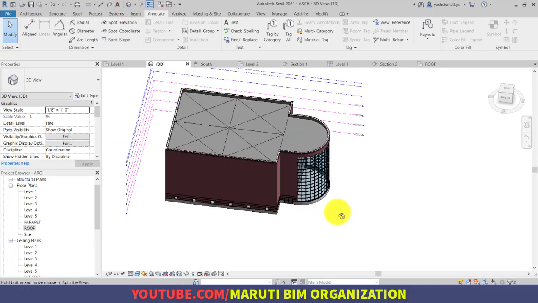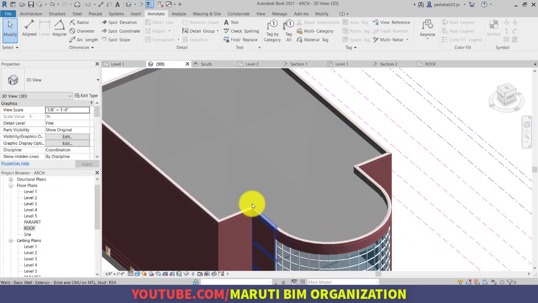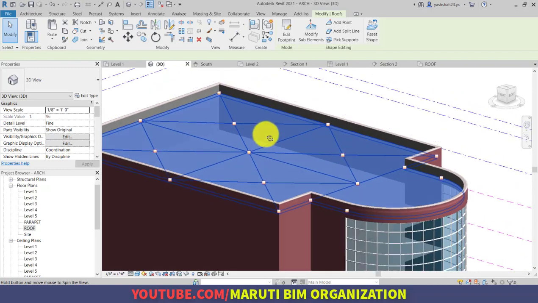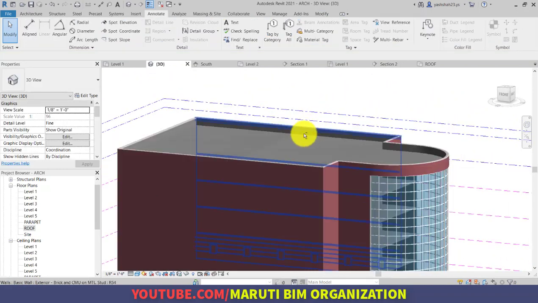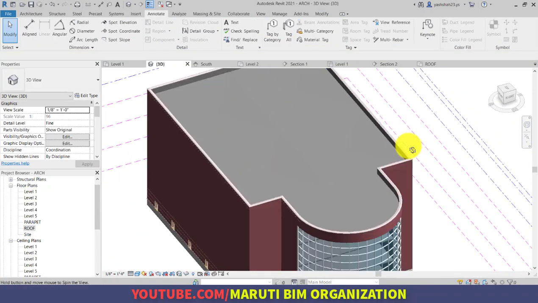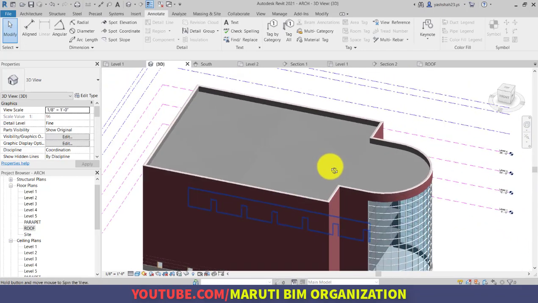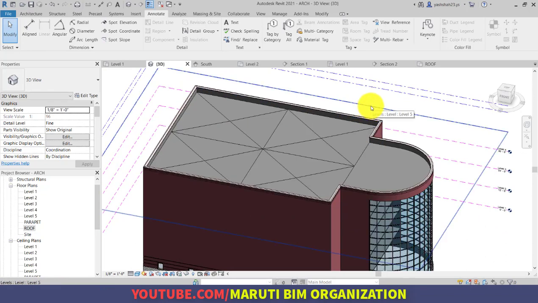Notice that each and everything is displayed very nicely, very clean, and your roof is created with slopes as well. So this one is a flat level. These are all at a different level. These are all at different levels. So this is how you add the roof in your project.